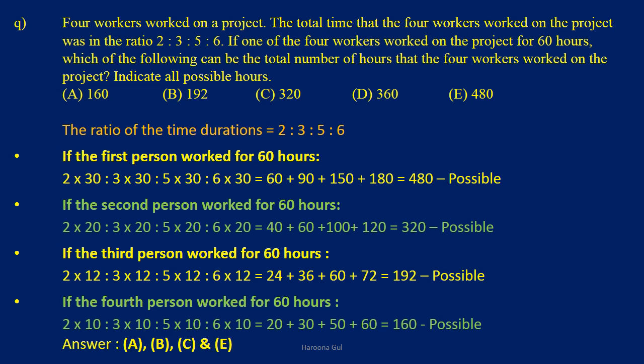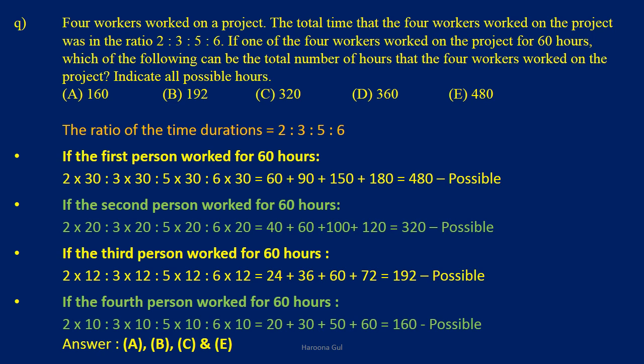Okay, our last question is relatively easier than the previous ones, and it says that 4 workers worked on a project. The total time that the 4 workers worked on the project was in the ratio 2:3:5:6. If one of the 4 workers worked on the project for 60 hours, which of the following can be the total number of hours that the 4 workers worked on the project? Indicate all possible hours. So what we're going to do is check each person working for 60 hours in the ratio